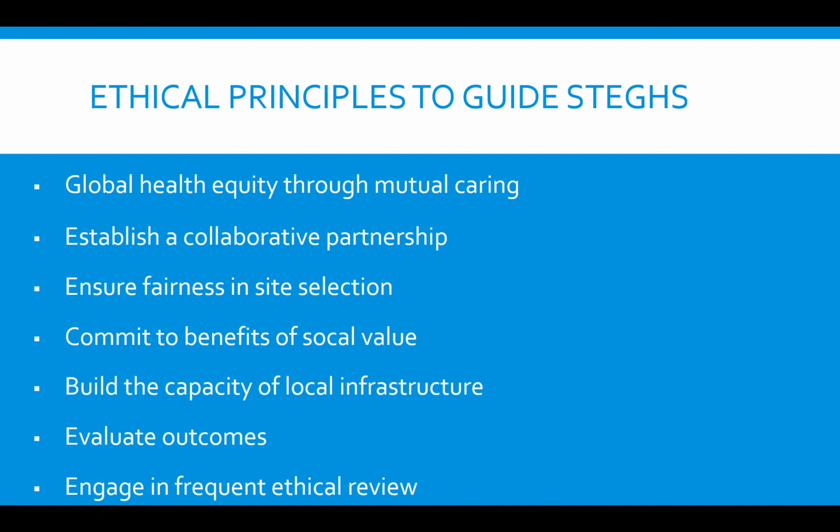You want to ensure fairness in site selection. So if you have the opportunity to select sites, make sure that you're doing it equitably and that you're not causing more harm. Commit to benefits of social value, ensure benefit to the community, and at least that the benefits outweigh the costs. What are the costs? Try to anticipate unintended consequences. For example, giving up $5, and how that patient may not have gone to India for that ablation. I didn't know that, and so now I do. So really try to anticipate the unintended consequences of decisions.